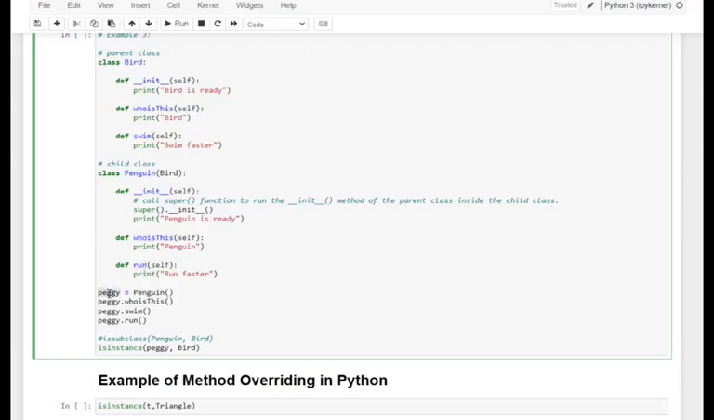See here, dear friends, we are creating an object Peggy from the child class, so it is an object of the child class Penguin. And when I call the first method on Peggy, it goes exactly to the child class. Next, for the second method, it also comes to Penguin, and again for swim it goes